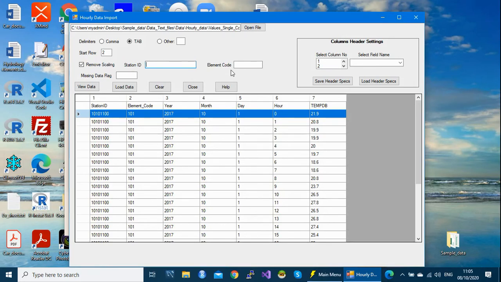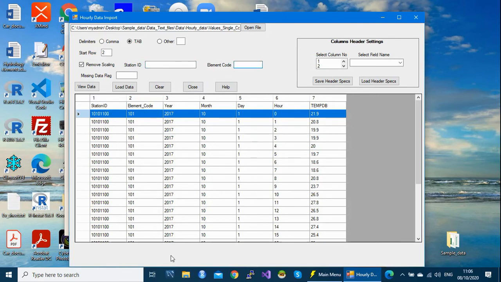Since we also have the column for element code, we don't need to put the element code for our data because we have that column in our data. So we leave this one as well. But in case we don't have the column for ID, you can specify the ID here. In case you don't have the column for the element code, you can specify it in this